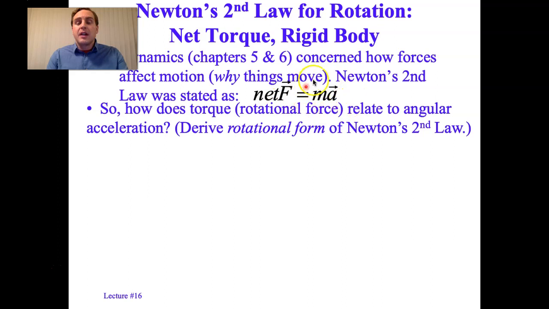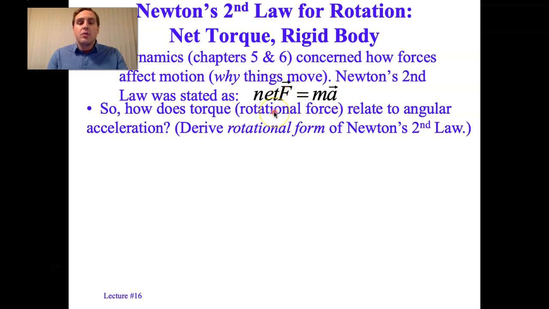Take this right-hand side of the equation, multiply by also the lever arm, and then linear, which is tangential acceleration, is equal to angular acceleration times radius. So what we get is mr squared on this side times alpha,